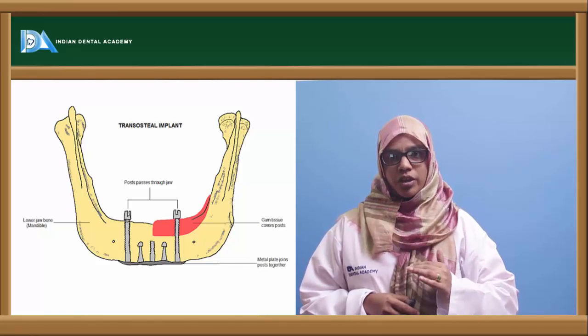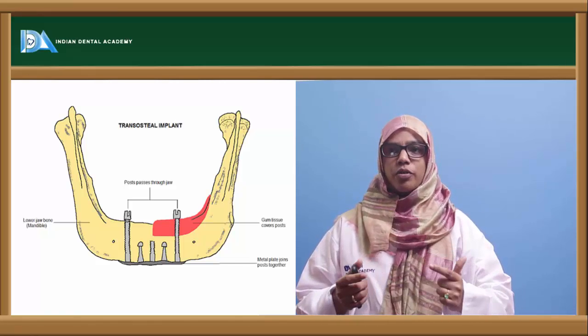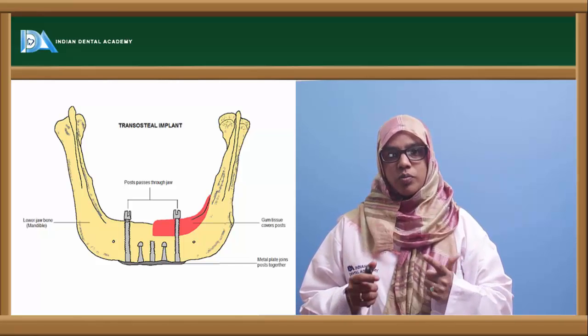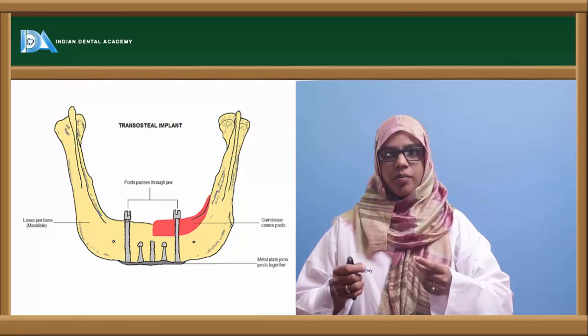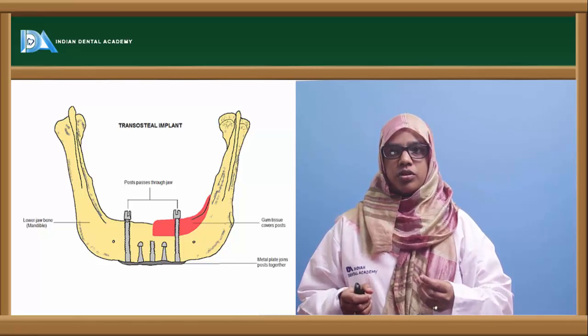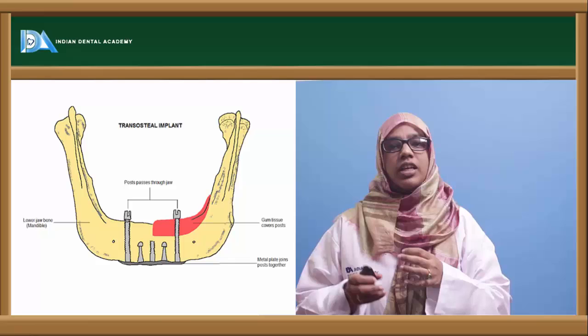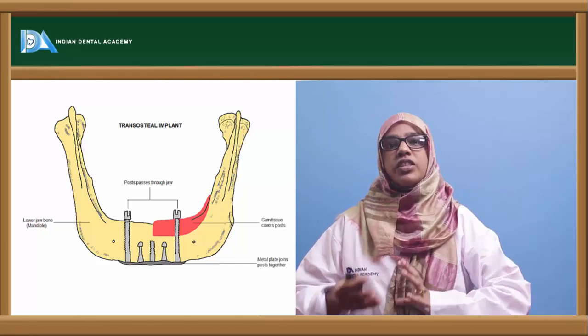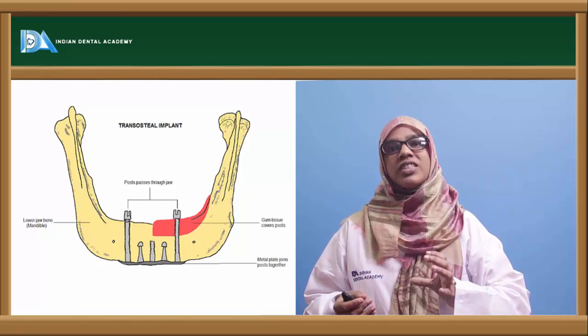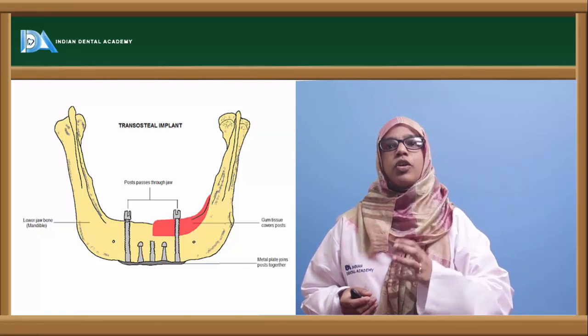Now this slide shows you a transosseous implant wherein you pierce the implant through and through, from the inferior cortex to the superior cortex, and you have a projection that is coming out. So basically the threads are there on the inferior and the superior cortex, and the center part is smooth. In these cases, osseointegration doesn't take place. There is actually osseofixation. It's like you fixing a fracture. You're taking the support of the cortical bone.